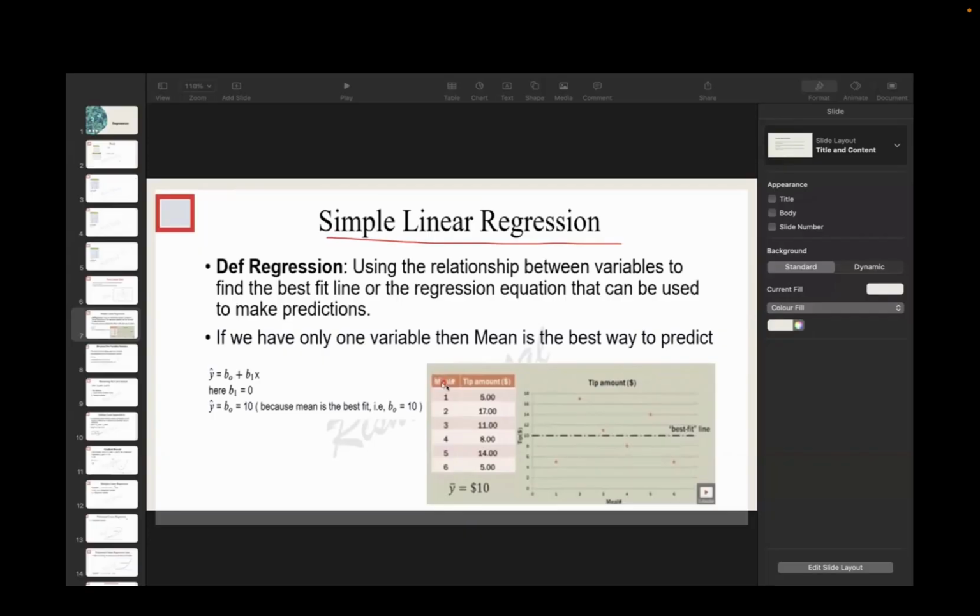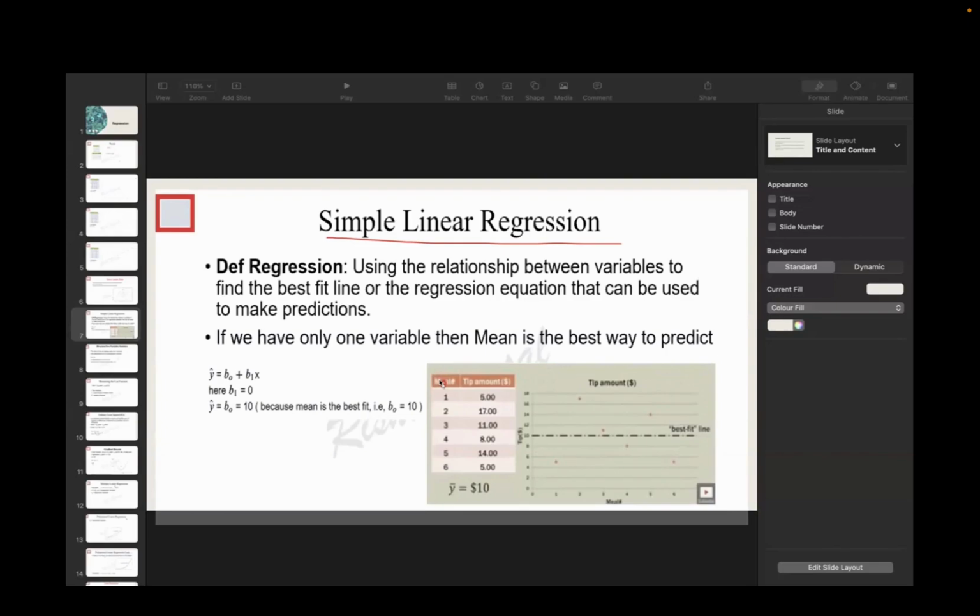What we can say, the screen. Here you can see we are having two columns, okay? Column number 1 is some number of customers and the second is the tip amount, okay? If you are having one customer, the tip amount is 5, two customers, 17, 3, 11, and so on. Now what it is trying to say: when you are having one variable in your linear regression model,